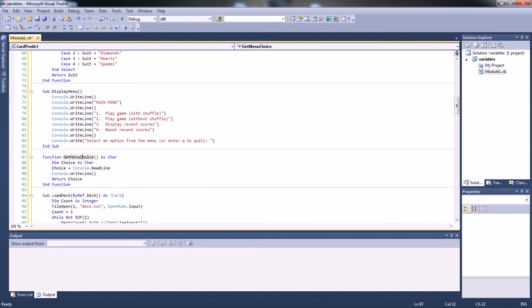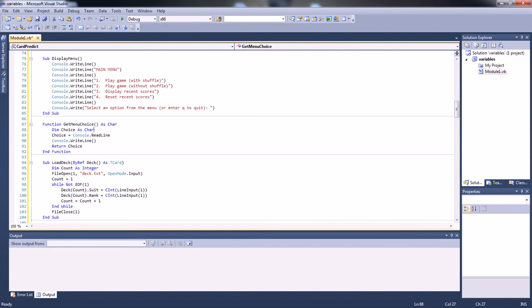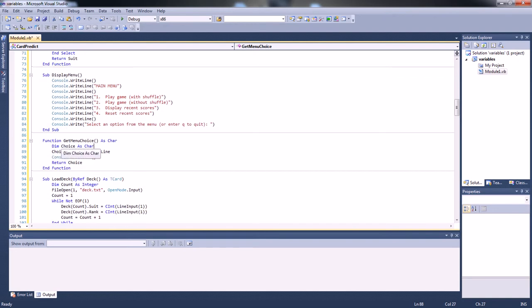Then we got get menu choice. Now get menu choice has one variable, which you might miss if you don't pay attention. Choice is populated as soon as it's declared, so it's declared and that is populated with the user input. Then nothing else happens to choice. Choice is just outputted afterwards, and since the value doesn't change,